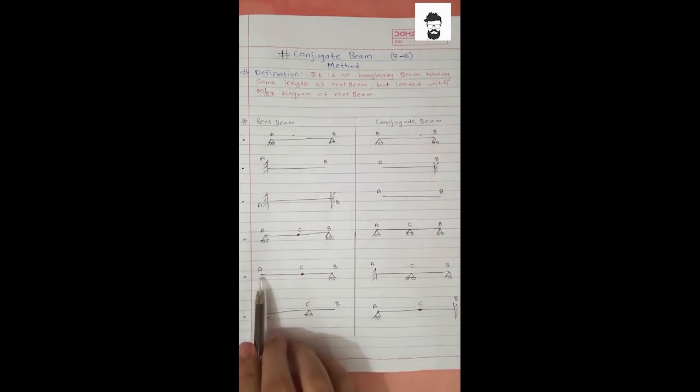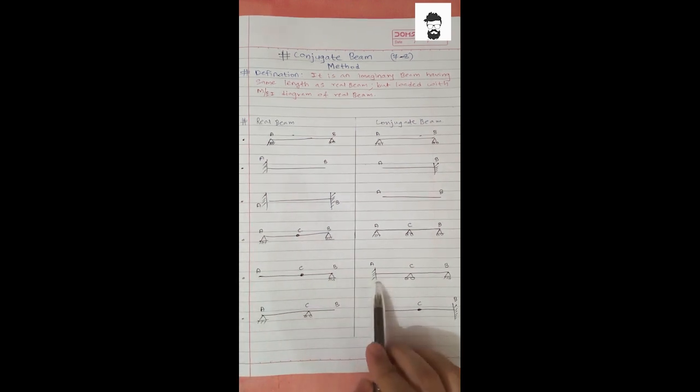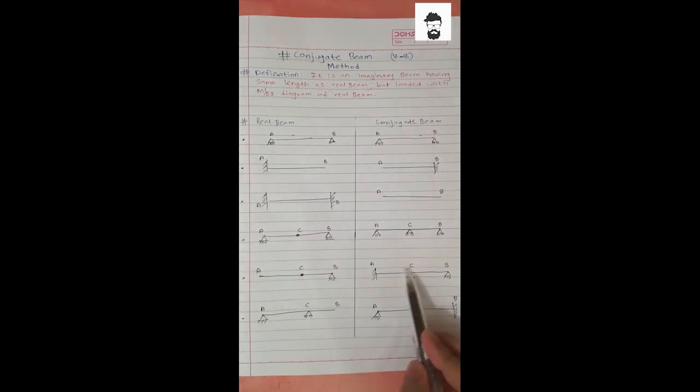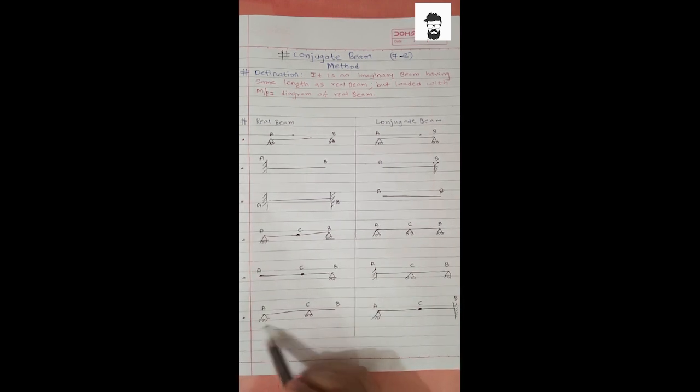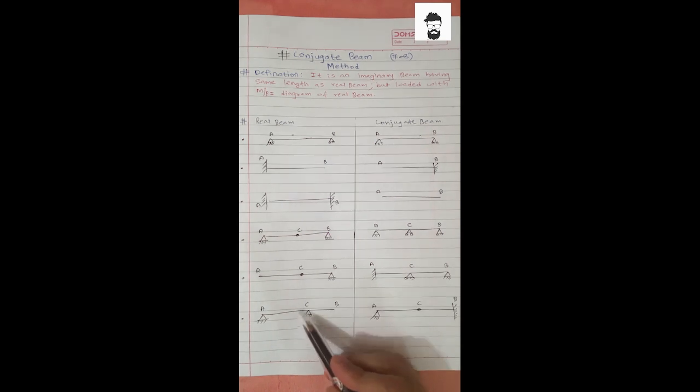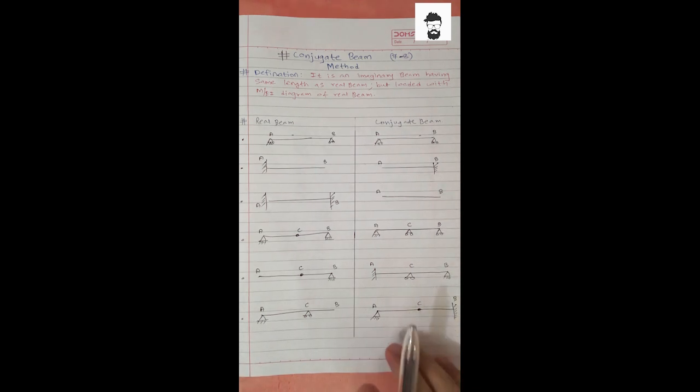Now let us take the next example. At end A is free end, so obviously it will become fixed. Internal hinge will become intermediate support. It should be roller, and hinge will become hinge. Extreme end hinge will always be hinge. Last example. Hinge becomes hinge. Intermediate support will become internal hinge. Opposite. Free becomes fixed. So these are few examples so that you can use them while solving a numerical.